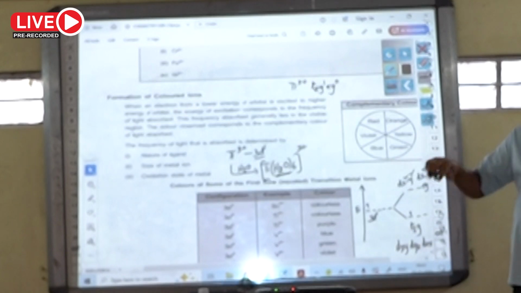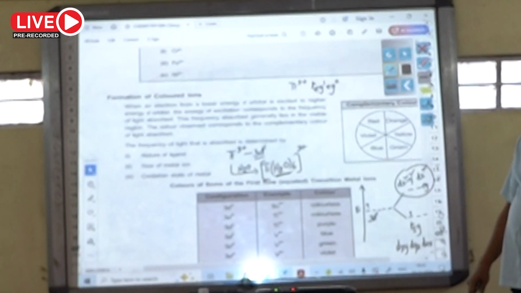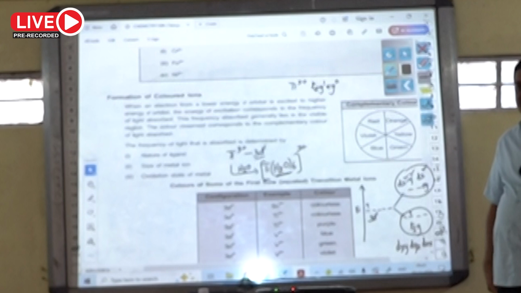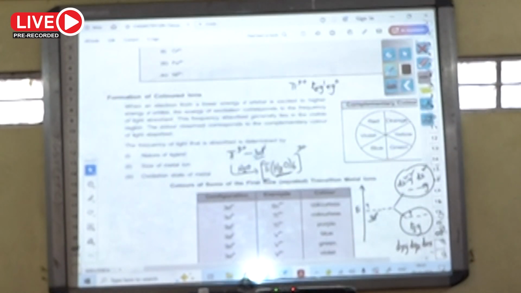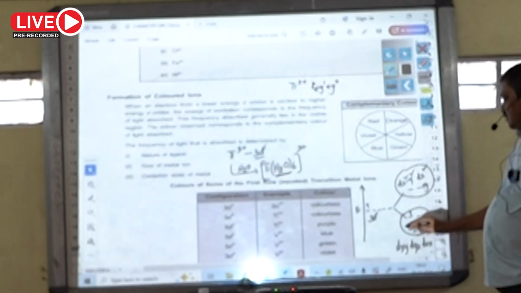But in the presence of 6 water molecules, the d orbitals split into 2 categories, a higher energy category called Eg set, a lower energy category called T2g set. And the single electron definitely occupies the lower energy T2g set, because electrons always want to occupy the lower energy orbitals. Now this will absorb